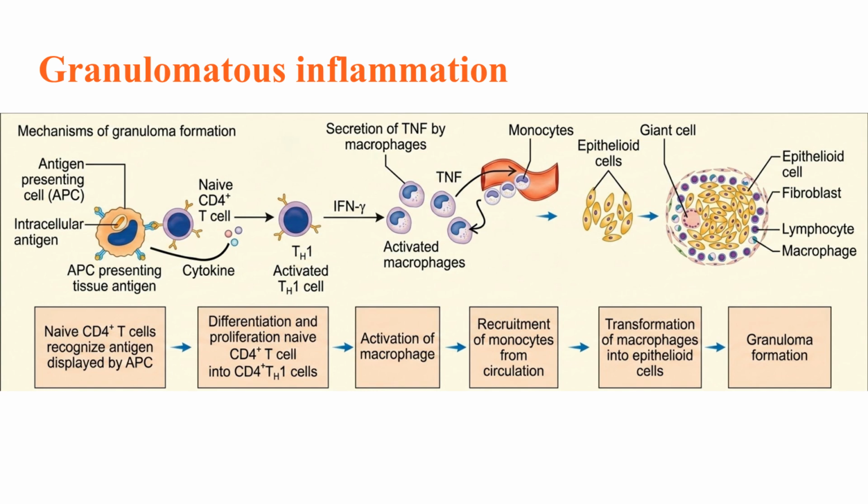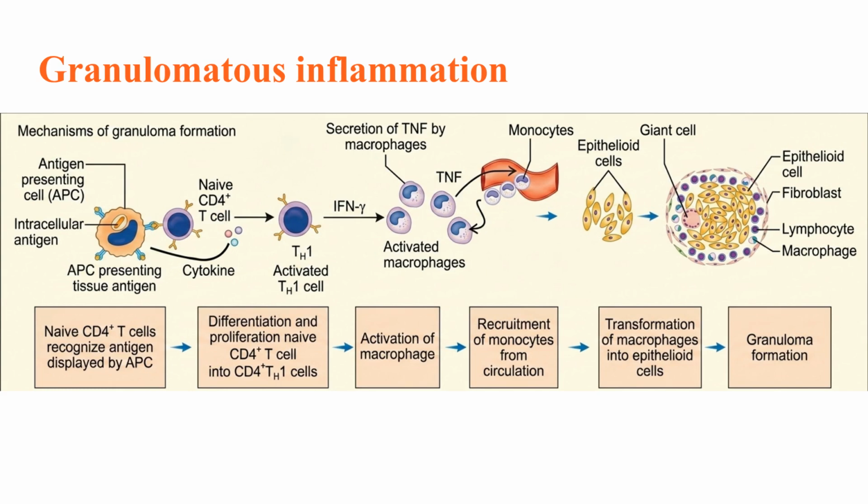When an intracellular antigen completely resists being destroyed, the body switches from a temporary defense to a permanent containment strategy known as granulomatous inflammation. As shown in this diagram, there is persistent antigen presenting cell activation, which leads to continuous differentiation into Th1 cells and secretion of interferon gamma. The interferon gamma activates macrophages, and these intensely activated macrophages morph into epithelioid cells, and some of these epithelioid cells fuse together, forming a granuloma, which is surrounded by a rim of lymphocytes to wall that